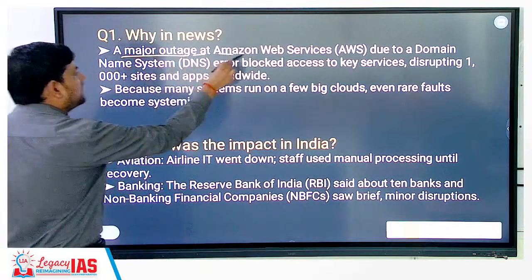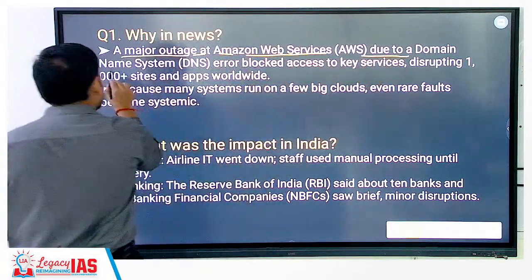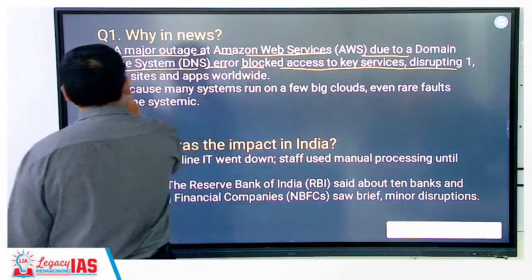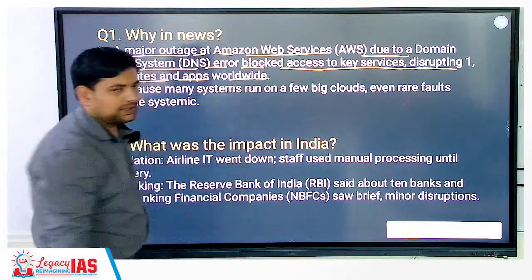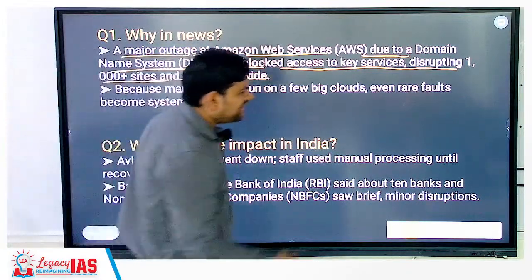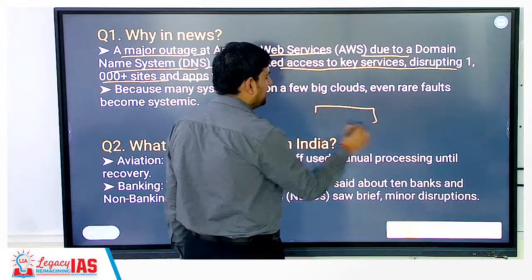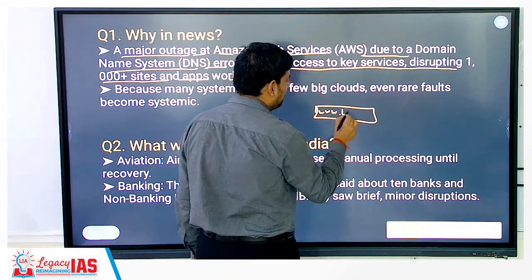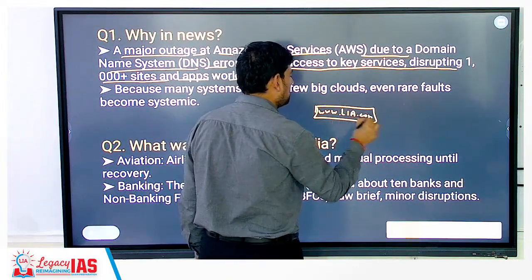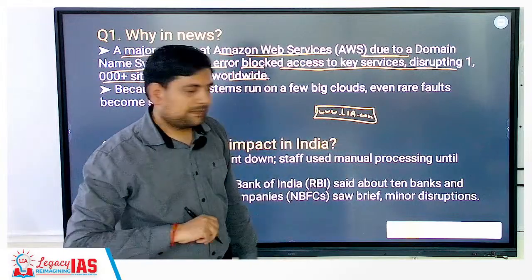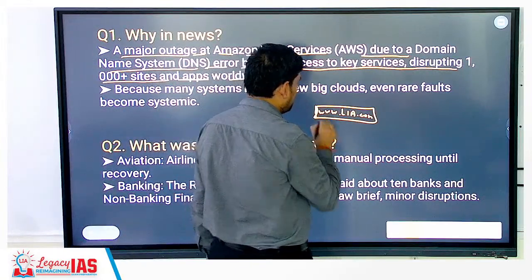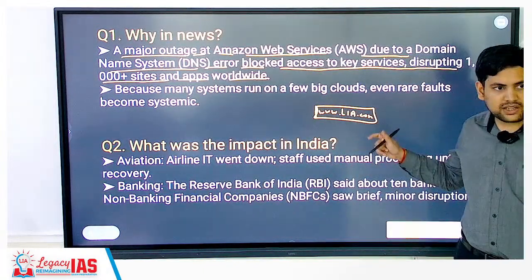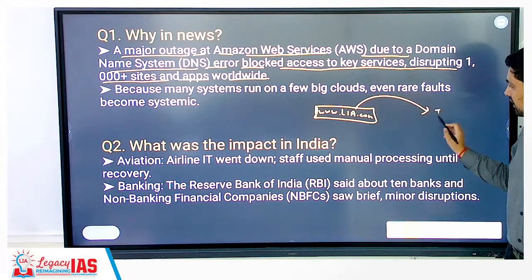Now, see AWS. A major outage at Amazon Web Services due to a domain name system DNS error blocked access to key services, disrupting 1000 plus sites and apps worldwide. Okay. DNS is what? In very simple terms, see, you type www dot, let's say, legacyIAS.com. You type this, correct? But this is not understood by the computer. It does not read it like this. Now, this has to be converted into